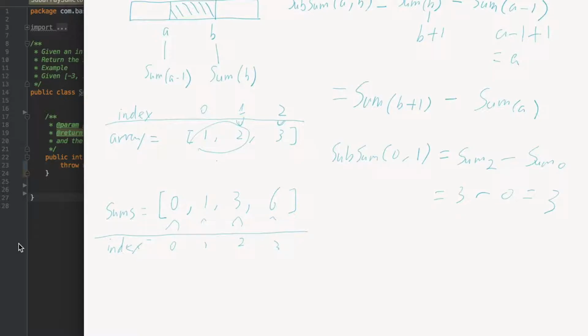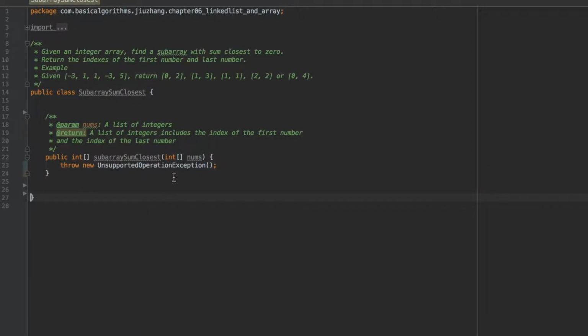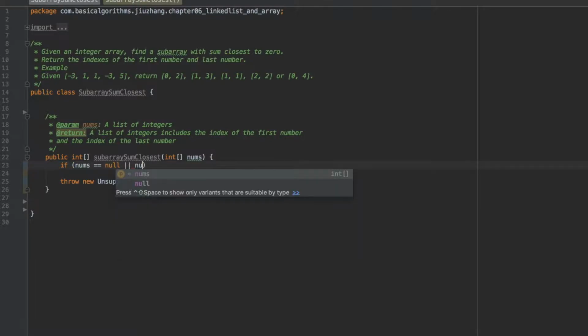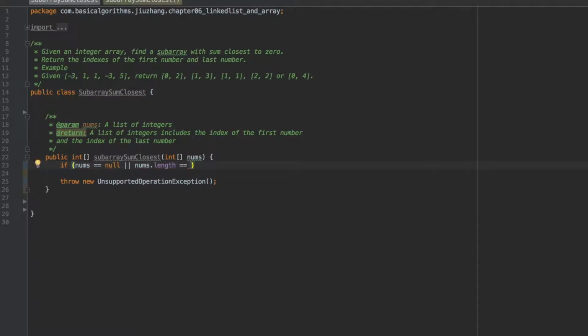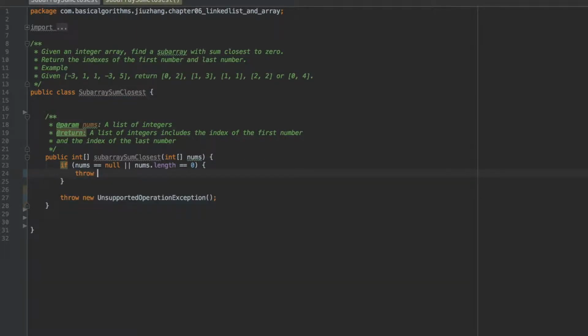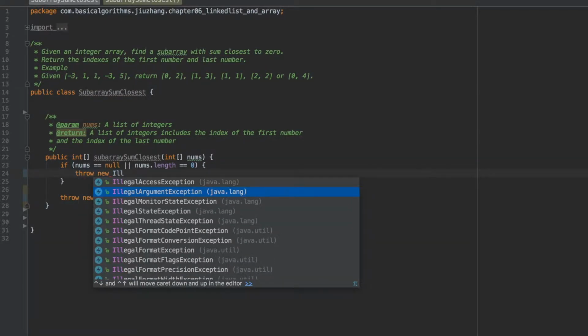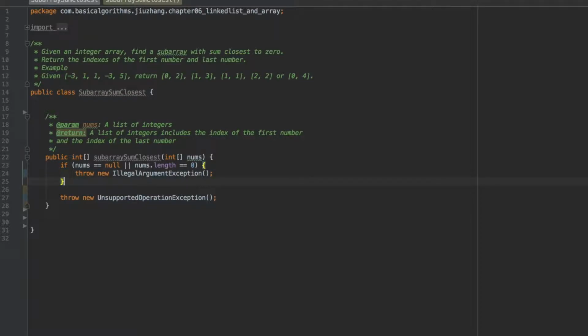Let's write some code. So first, we want to have a look at the parameters, if they're legal or not. If it's null, or its length is 0, apparently we don't have to calculate anything because there's nothing in the array, so we can just throw an exception, illegal argument, or whatever, and then we can